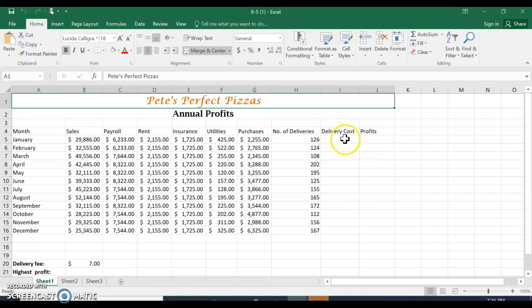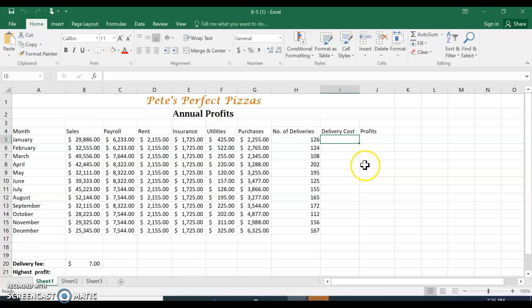So the first thing that we'll do is calculate the delivery cost. Click in I5, and the number of deliveries is going to be multiplied by the delivery fee, which is $7 in B20. So the formula is equals, I'm just going to press the left arrow, which is H5 times